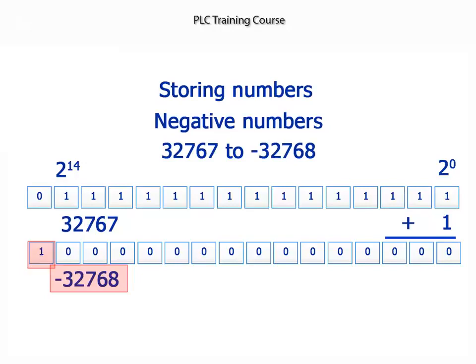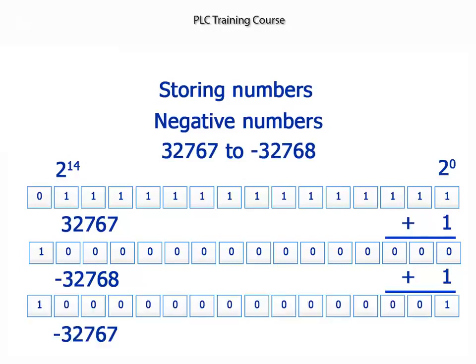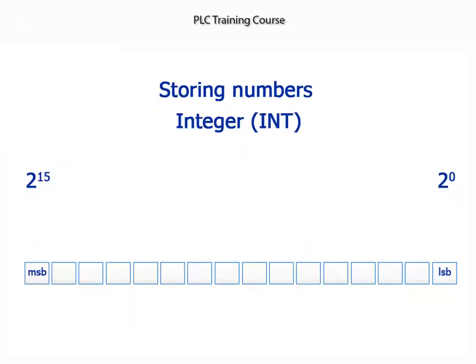The number is a 1 with 15 zeros, so the value is minus 32,768. If another 1 is added, then the number is minus 32,768 plus 1, so the value is minus 32,767. The default status for integer numbers is that they are signed integers, and for a 16-bit number the range of values is